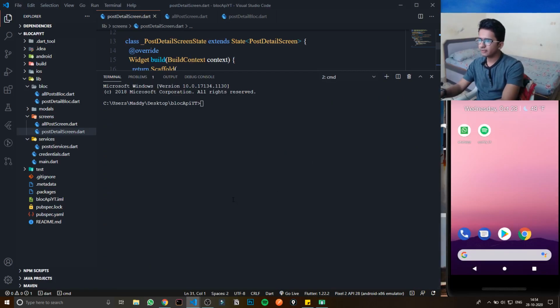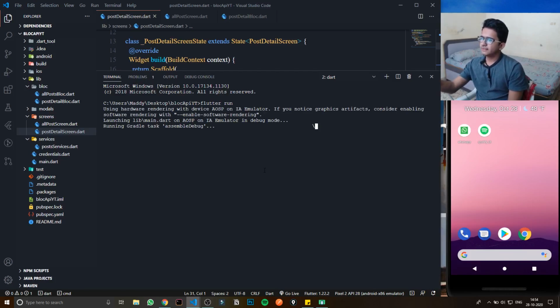I can run this here. Flutter run. Will it run, or was it already running on the other terminal? Let's see. Oh, it's running. Okay, it's all good to go.